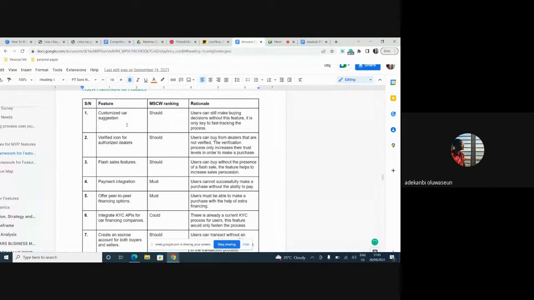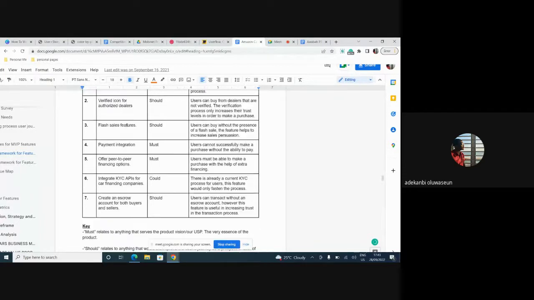Moscow is giving us value. It's not giving us effort. It's not telling us how long it will take to build it. And I told you that you must factor in the resources when you are prioritizing. How many engineers do you have? What's the time frame? So the downfall of the Moscow framework is that it focuses largely on value, but effort is zero. So we are not estimating the effort properly.